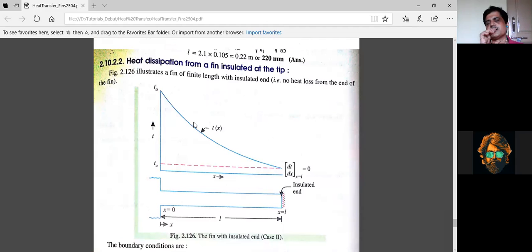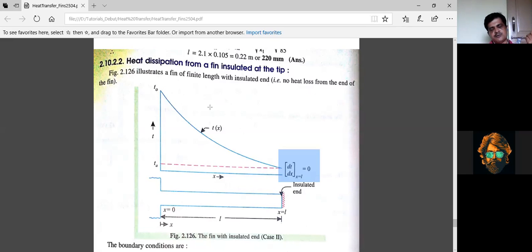rectangular fin ಇತ್ತಲ್ಲ, in that rectangular fin the end surface is there, no? That end surface is insulated. That means the heat flow from that tip to the surrounding is checked or avoided. Therefore, at that point, the boundary conditions will be same. At x is equal to 0, T is equal to T naught, and at x is equal to L, it is not infinite length. At x is equal to L, this is the boundary condition. A change or slope of change in temperature with respect to length or x is equal to 0. You have to remember these two conditions.